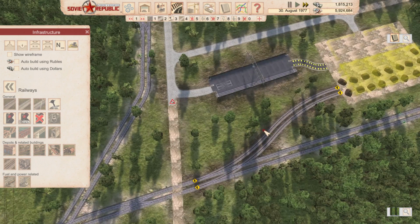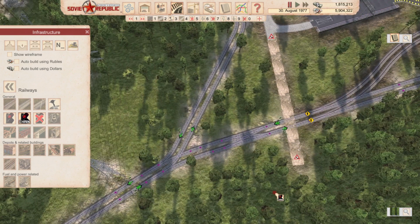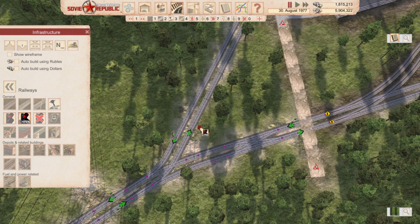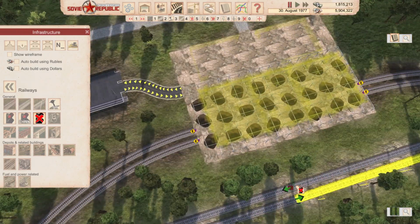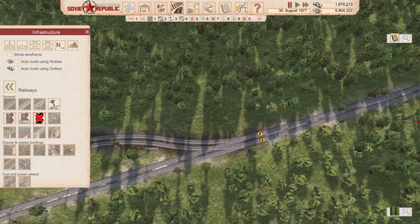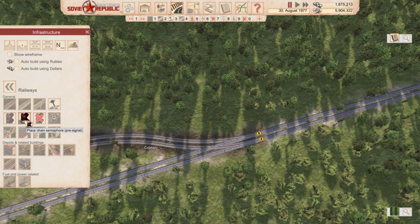Okay, so with all of that in mind, we can now start getting some distribution going. Let's quickly redo some of this for us. Let's get rid of these guys. There was some ones in here. Let's get rid of them. And okay, perfect. So now what we want to do is we want to make sure that